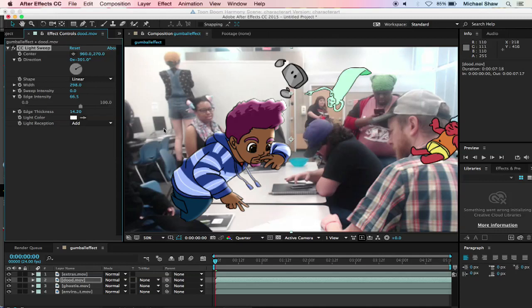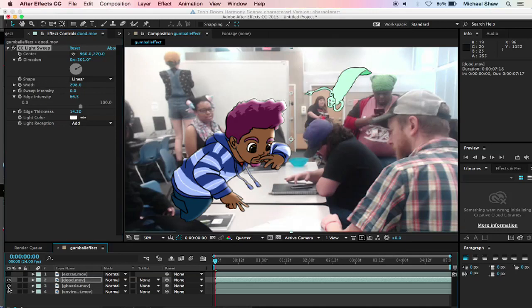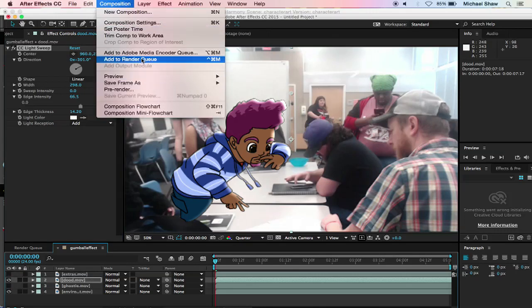And then that's basically it. If you have your animation in here, you'll only need to do this once, if you have your animation on a single layer. If you have multiple layers, you'll need to do this multiple times. But once you are done, you need to go to Composition, Add to Render Queue,